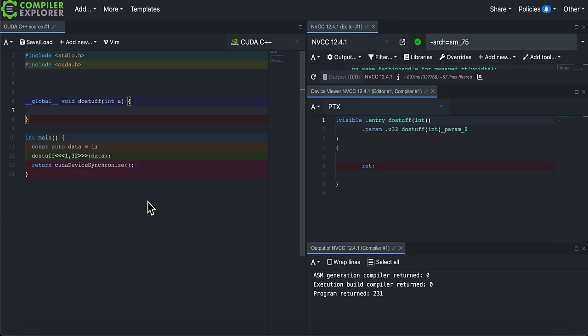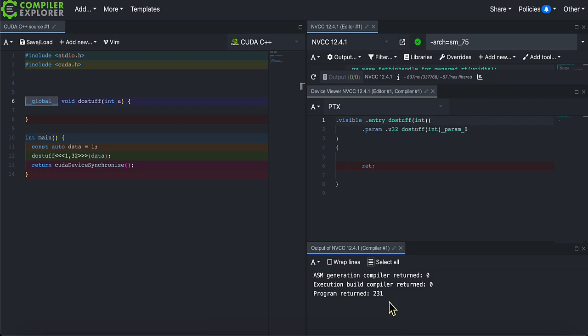Here we see Compiler Explorer with a minimal bit of code to set up our GPU code and to run CUDA device synchronize. CUDA device synchronize waits until the GPU code is done, and the return code from that we actually return here. You can see true 3.1. That means the GPU was busy and our code did not run.